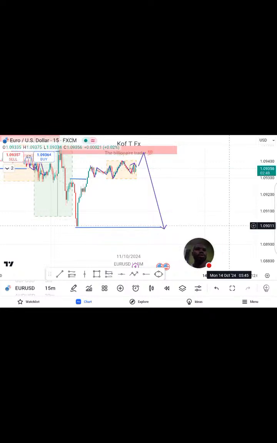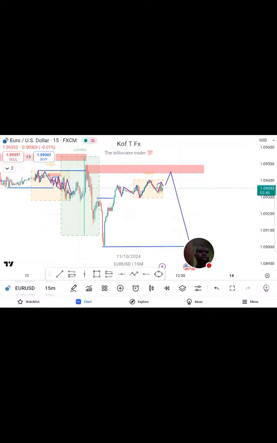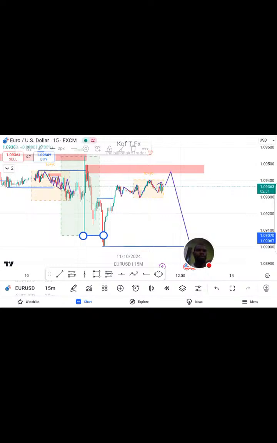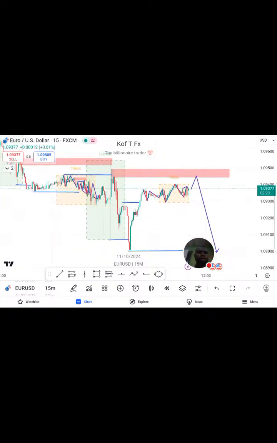So, and we already have a break of structure here. So I'm expecting a break of structure again. So I'm expecting the external liquidity to be taken out. But as it is,